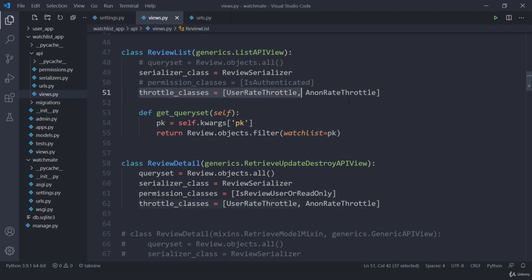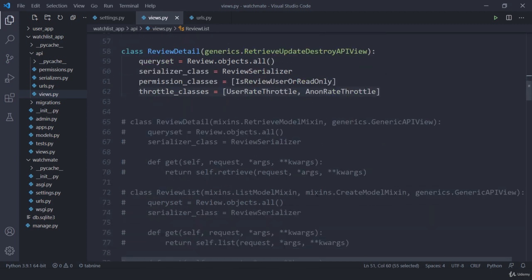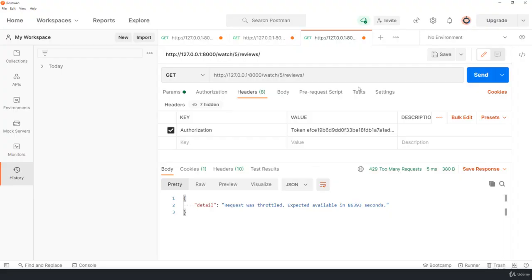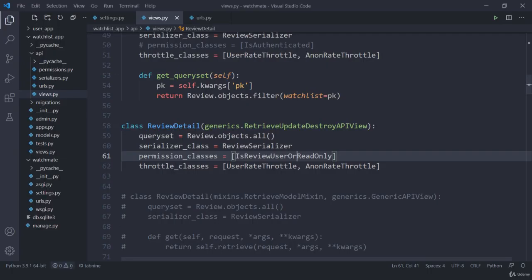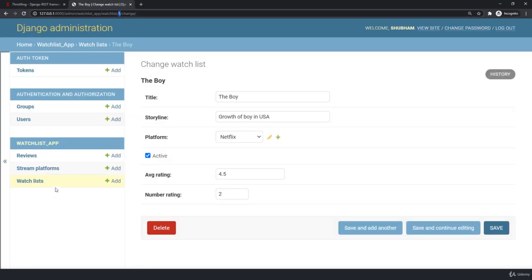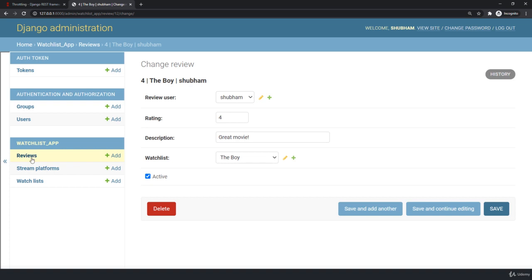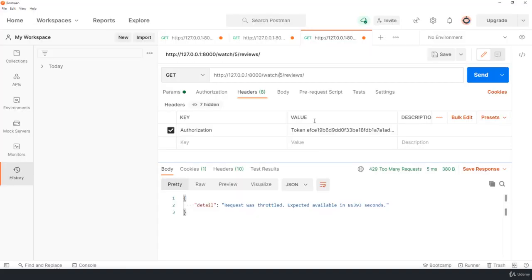Now if I copy this one and add it to any other class, they are counted together. Currently I have sent this request towards 5/review, which is review list. But maybe if I want to access a specific review, suppose I jump here and try to access a specific review, which is review ID 12, or maybe this review ID 9. If I try to access this specific review,